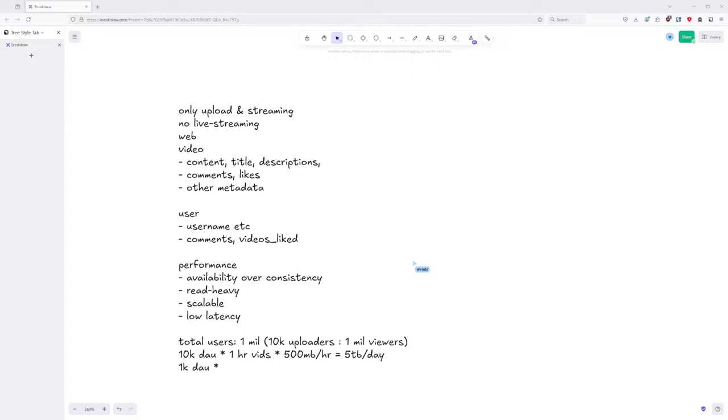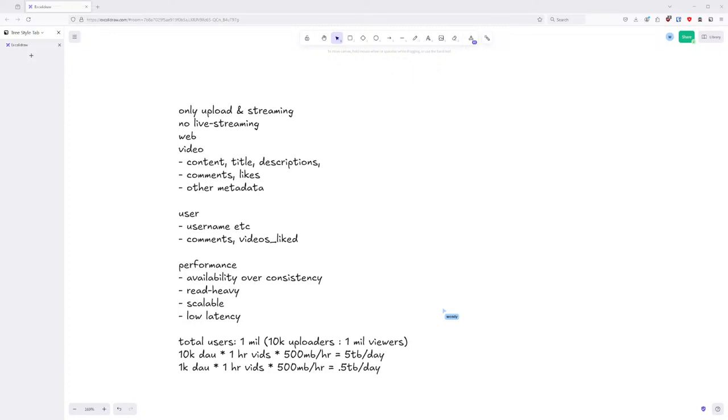And every video is 500 megabytes, so that would be let's just say 0.5 terabytes per day of uploads. All right, so those are about the bandwidth, but per day, not per second. I'm sure that can be calculated.